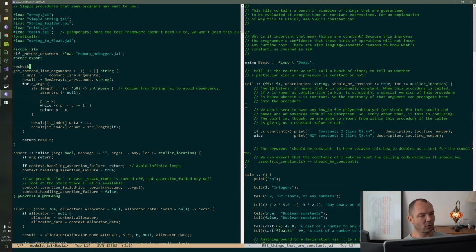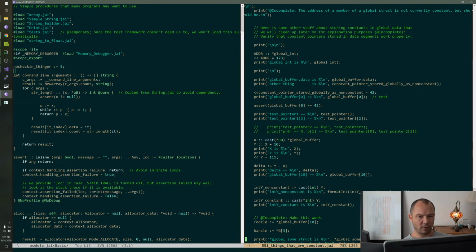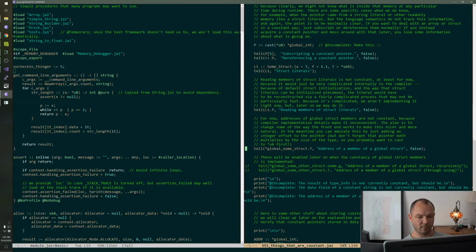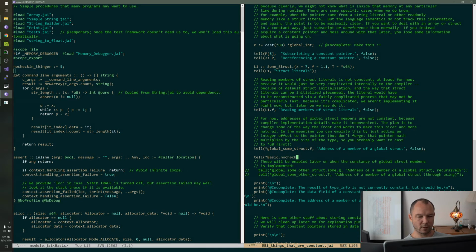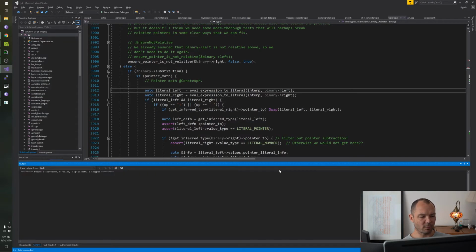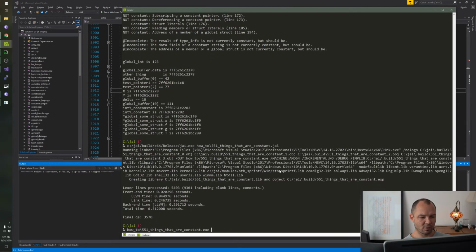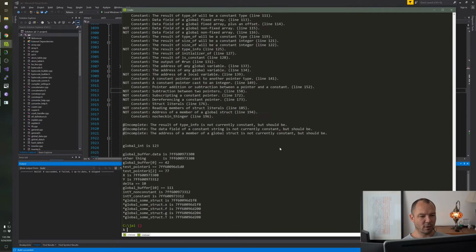Let's just put something in here. No check-in thinger is 5. So what I just want to do is test this. See, this is through a dereference, but it's a module dereference. So this is just still a regular global variable, and that is supposed to work. If that doesn't work, we've got to fix that before we ship the beta. 50-50 that this works. It worked. Great. Ship it.